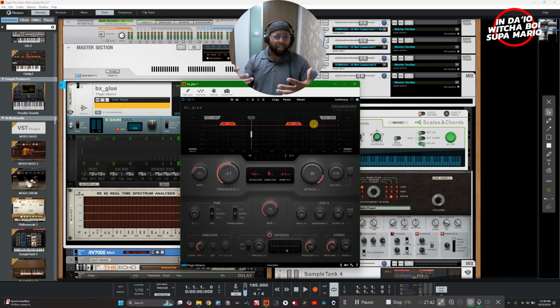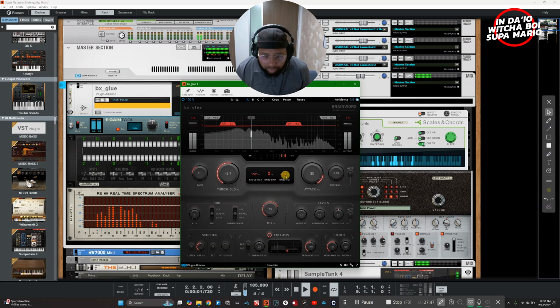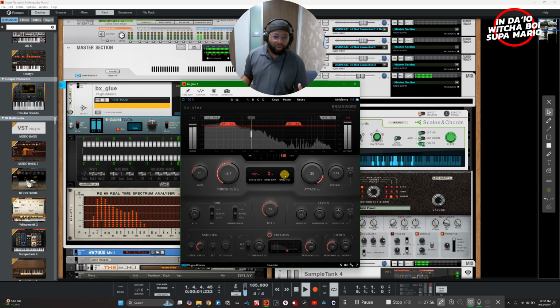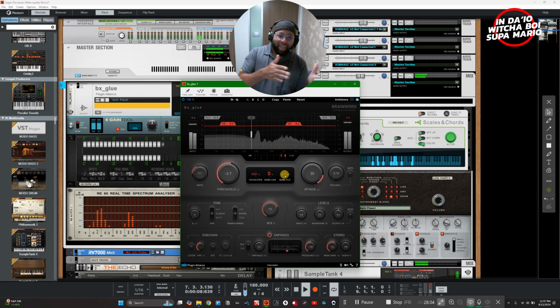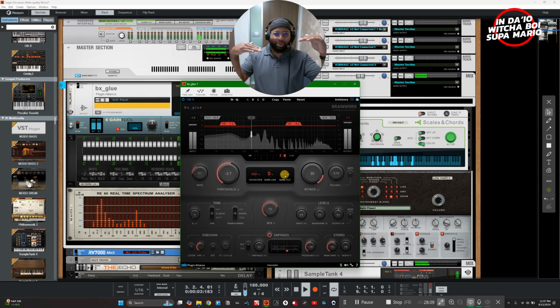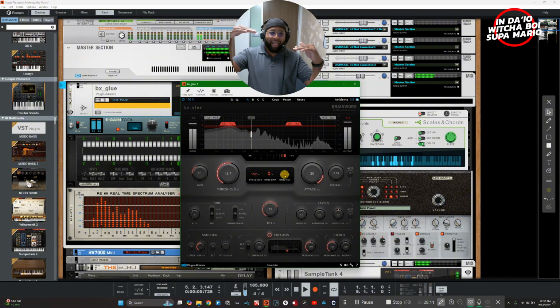All right, let's get a little bit extreme with it so you can actually hear what's going on. Now that's a little bit extreme right there, but you'll hear more. 5 dB of the low end, everything under 150 hertz, being turned up, and everything above 150 hertz being turned down. You see what I'm saying? So now we're going to bring it up, and we're going to bring up the high end, and you're going to notice that once we do the reverse,